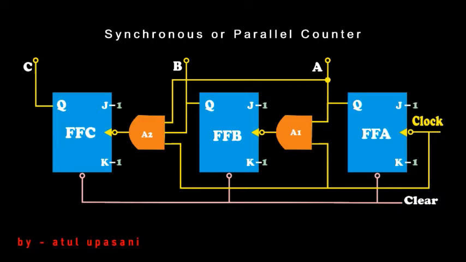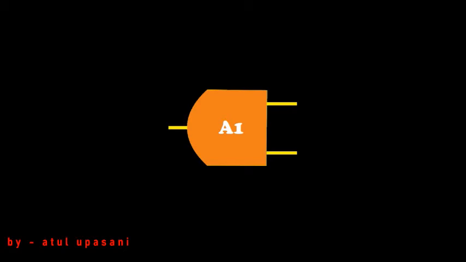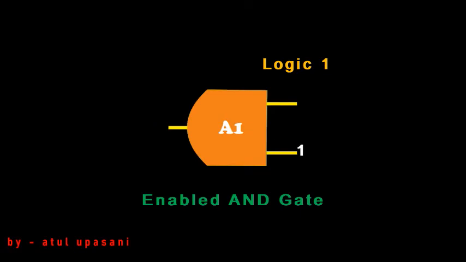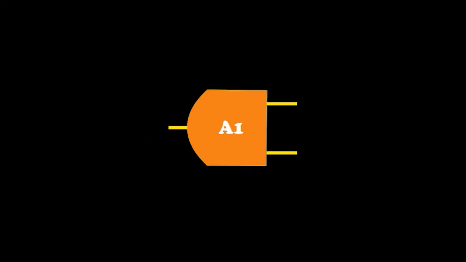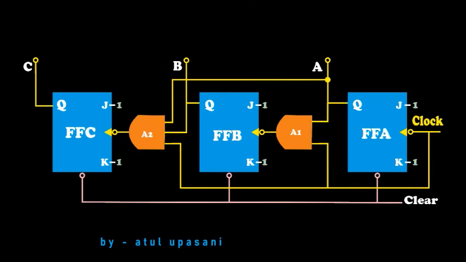Since the clock is applied through AND gates, whenever an AND gate is enabled, the clock signal can reach the respective clock input of the flip-flop. Now what is meant by enable? Whenever an AND gate gets all its inputs as logic 1, that gate will be enabled, and if one of the inputs of the AND gate is 0 or low, the AND gate will be disabled. So the flip-flops will respond in synchronization with the others, avoiding the additive delay time.